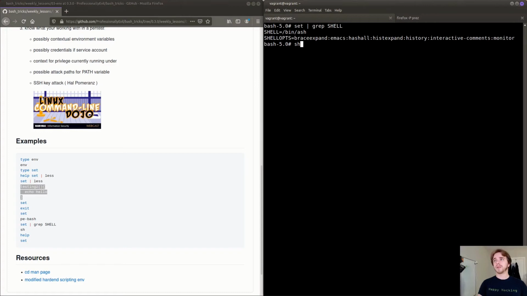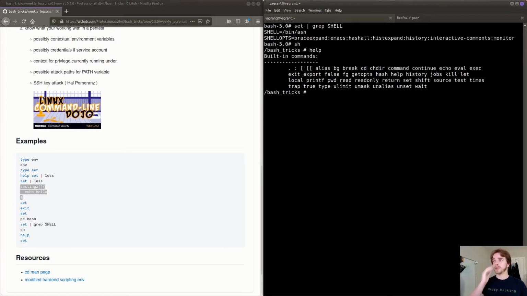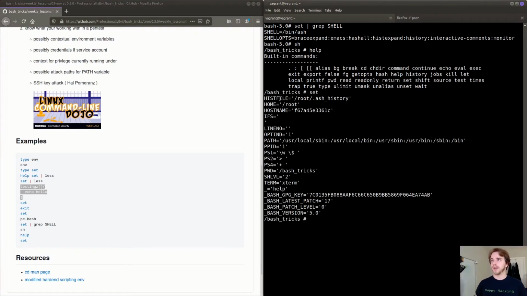So if we type sh and then we type help, because normally help is a built-in, you can see we've got the set command in here. So let's go ahead and run set. And as you can see now, it's running under the ash shell, even though we typed in sh. In 1 second we'll check that. But you can tell that it's running underneath the ash shell because it's using the .ash history for the hist